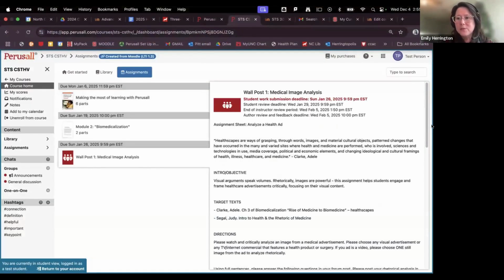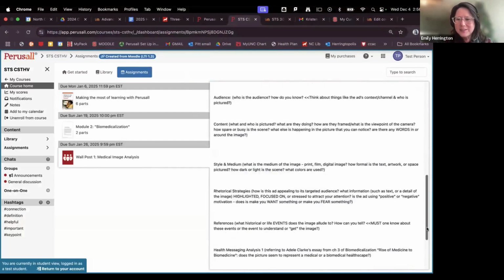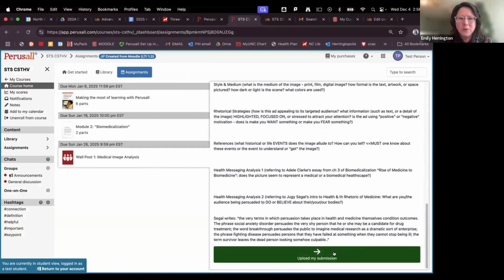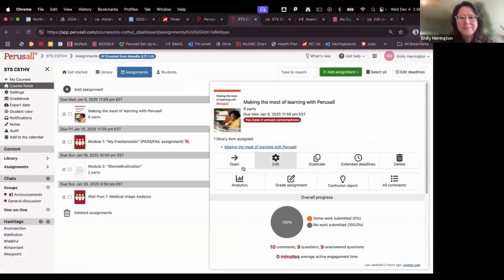So for this change, I think I am going to basically run the course in Perusall using these features. But it's interesting that you can't have students just post something in an assignment. You have to have them also comment on something.